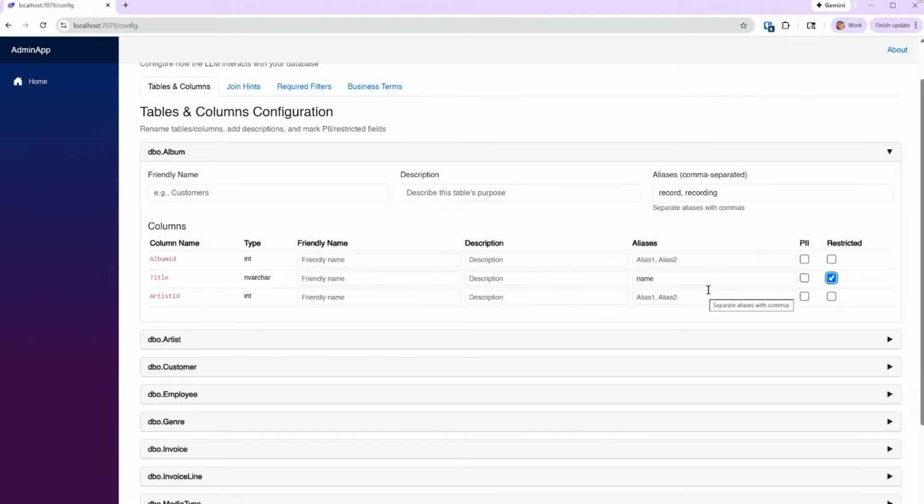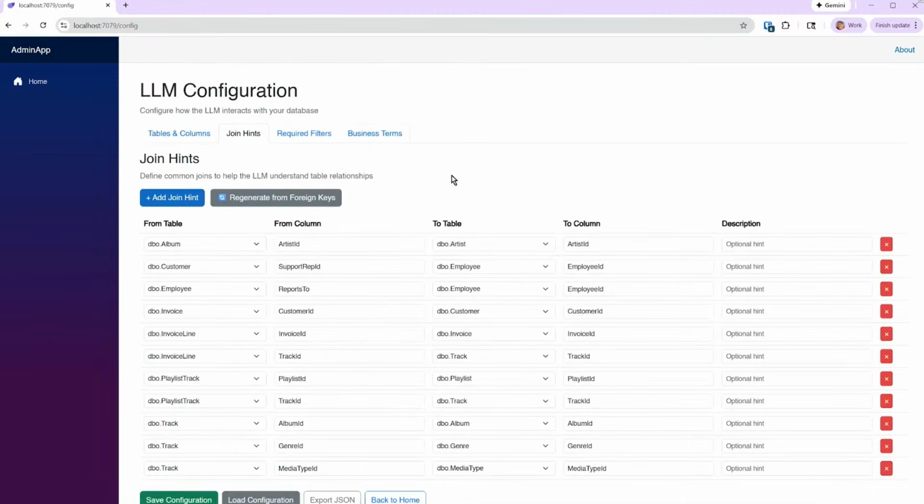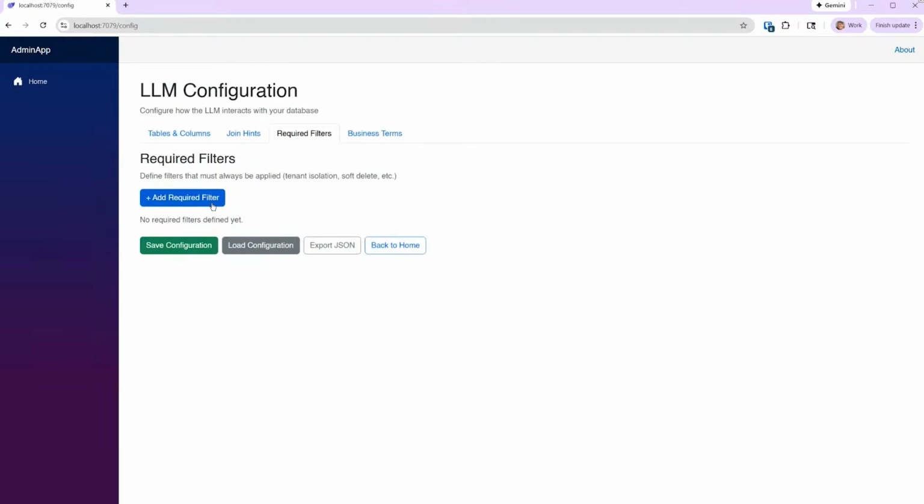Right, but we obviously need more information about that. We might need roles or something like that. Yep. All right, so then we have join hints. Right off the bat, if there are no join hints, you get a list of all of the foreign key relationships. You could put a description in here, which might optionally say, in this case, are albums by artist or all artist albums or both. For employee reports to, you could say is the manager of, that type of thing. Yep, that's right.